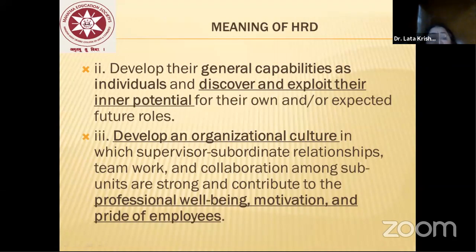Develop an organizational culture. Yes. So while human resource development is all about training employees, developing employees, it is also about creating an organizational culture. So what is an organizational culture? It is the ecosystem in which employees work in an organization. This ecosystem has to be something which is happy. It has to be something which is